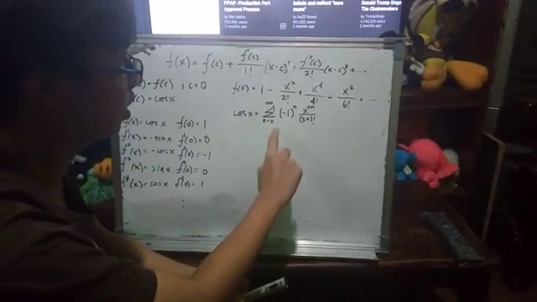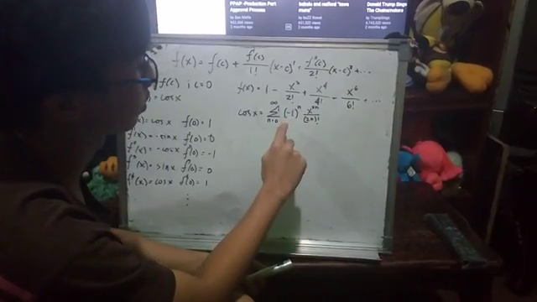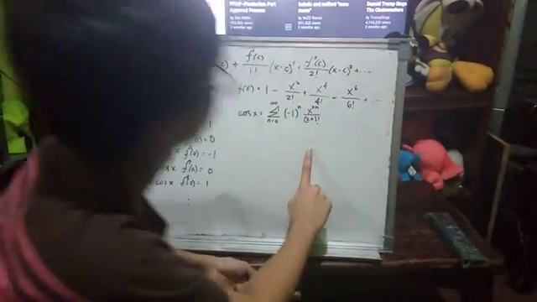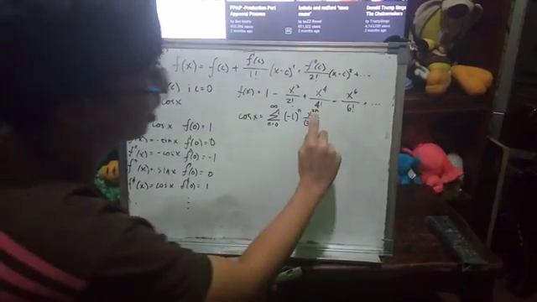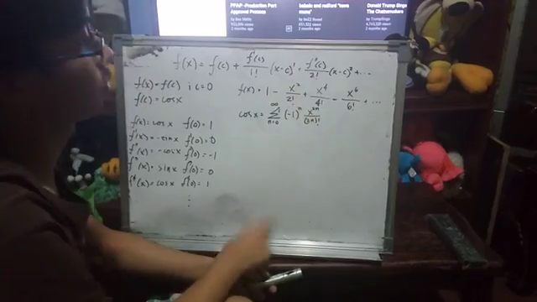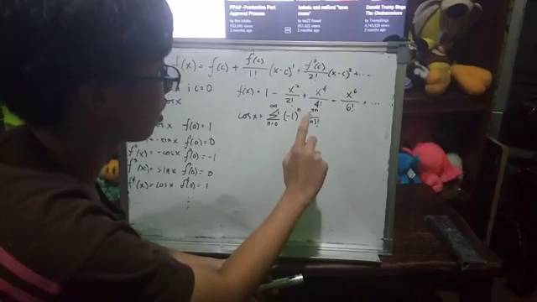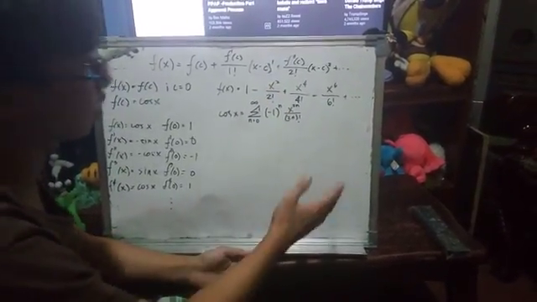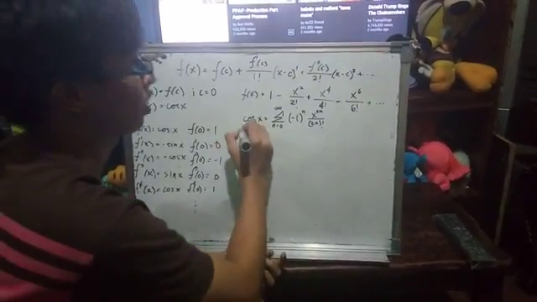If n is 1, negative 1 raised to 1 becomes negative 1. So negative, and x raised to 2 times 1 becomes x raised to 2. And 2 times 1 becomes 2 factorial. And so on and so on. So we can conclude that the power series of cosine x is equal to